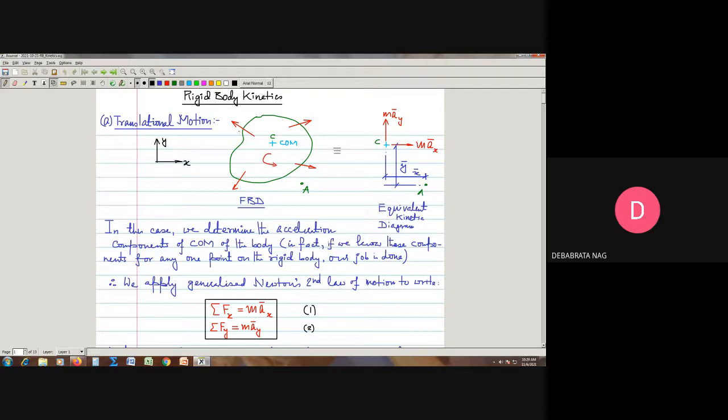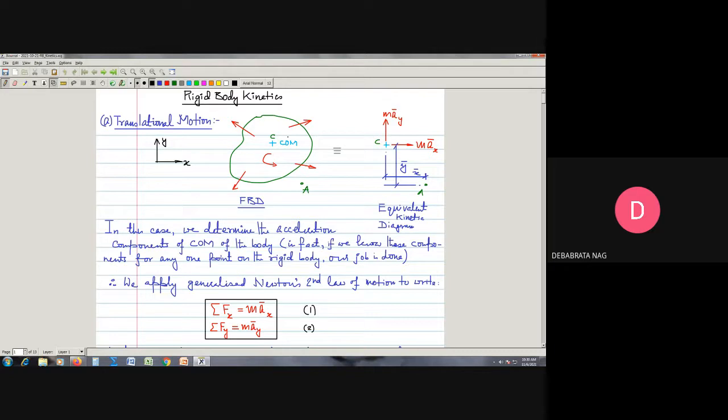Some of the forces may be the forces which are acting because of the physical nature of the body. Say, for example, the weight will be like that, and it will of course pass through the center of mass. If it is in the vertical plane, then the self weight of this entire body will pass through the center of mass. Or it can be the several reaction forces which are generated because of the fixation of this rigid body with the surrounding system.